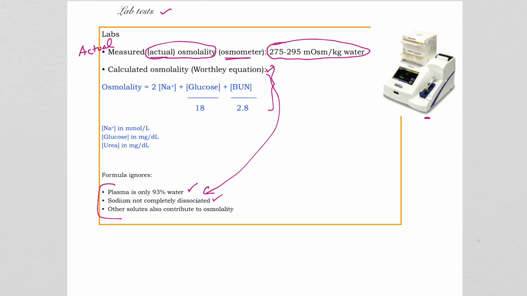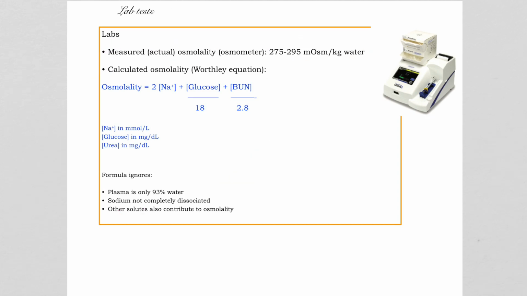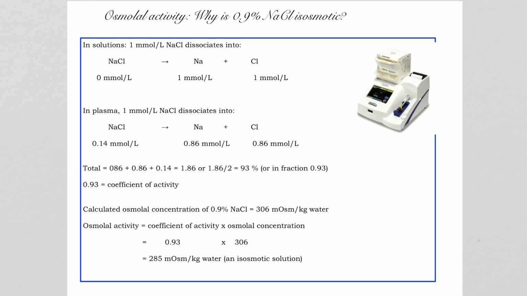Sodium chloride is not completely dissociated. You don't get 2 particles from NaCl, only about 1.86 particles. And of course, the other solutes can also contribute to osmolarity. So this is actual osmolarity and this is calculated osmolarity. If the normal range for osmolality for plasma is 275 to 295, then the question